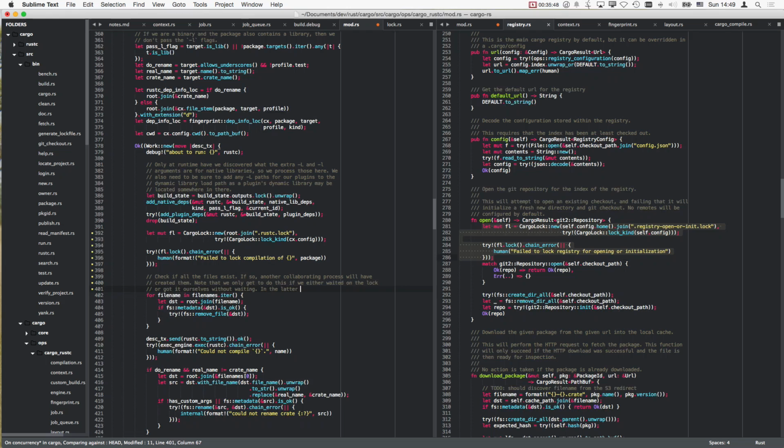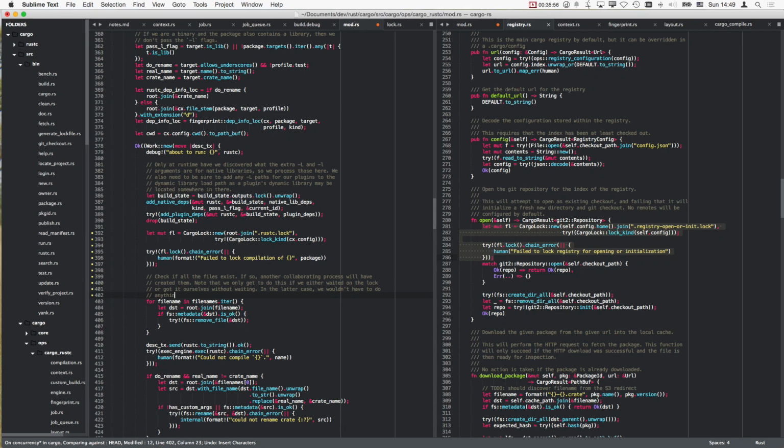In the latter case, we wouldn't have to do anything yet, but can't differentiate one case from the other. That is true. We just know that we can now safely do stuff. So